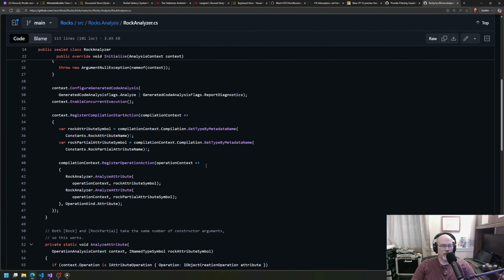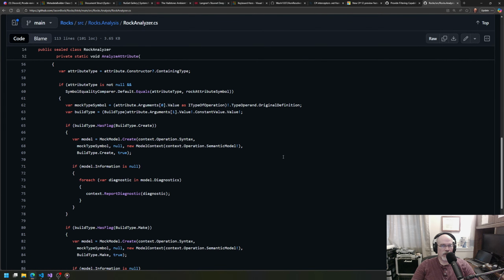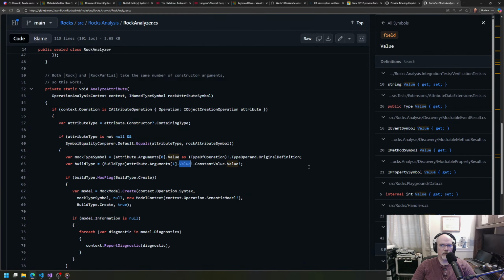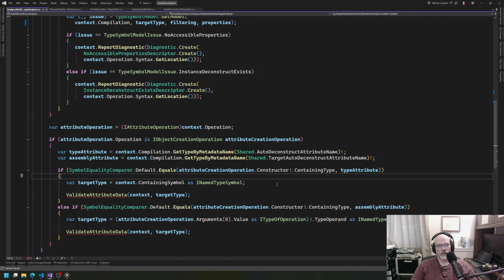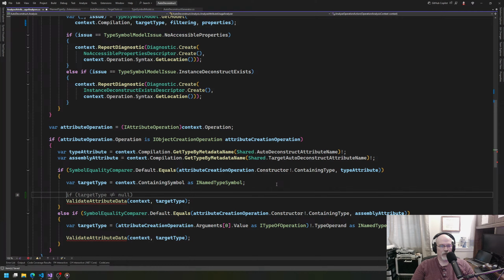Analyzer. Oh, we should be able to just do the value. Okay, we'll try that. So here we're looking to see, is this the AutoDeconstruct attribute? If we're going to want to grab the